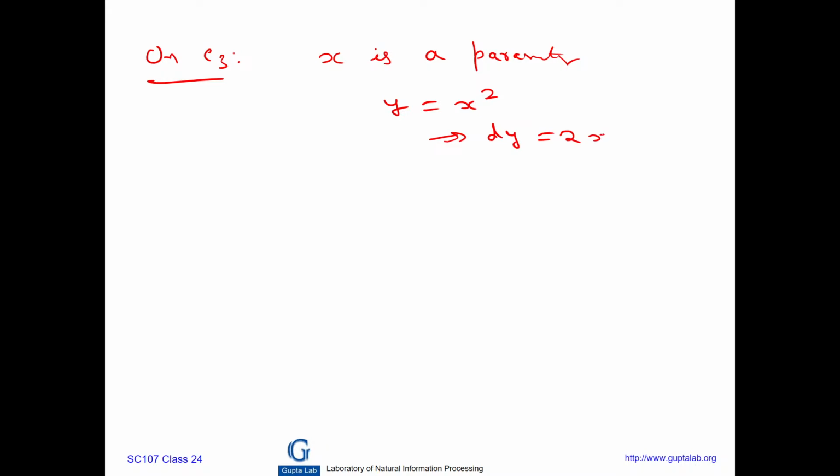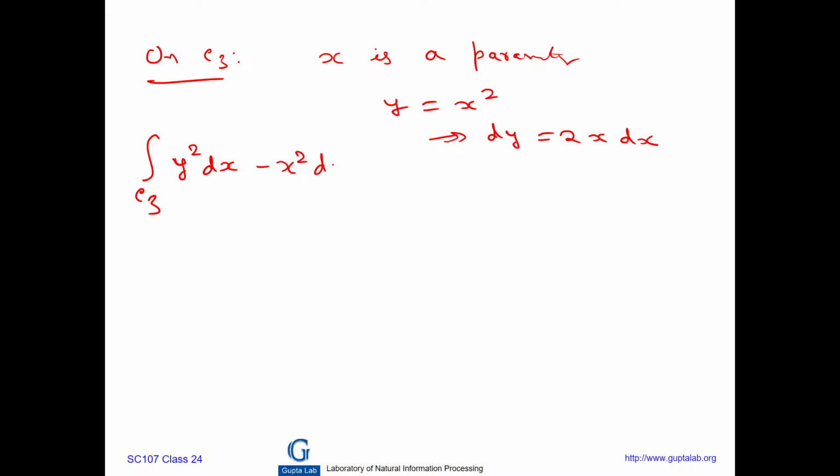Okay, along C2 now, along C3, on C3 what happens? X is a parameter and y is equal to x square. This implies that dy is equal to 2x dx. So integration along C3 y square dx